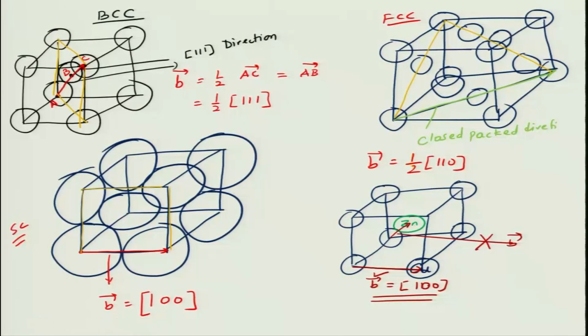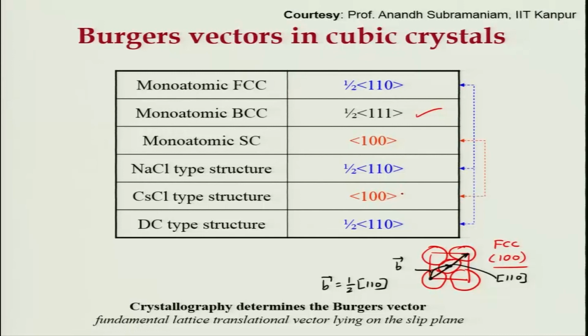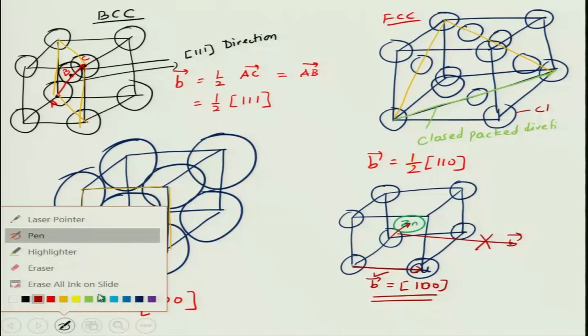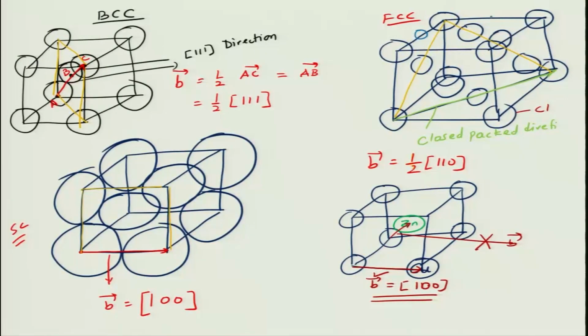So, to go from one copper to copper, or from one zinc to zinc, you have to move in the 1 0 0 direction. That is why in the previous slide we said that for cesium chloride kind of structures it is 1 0 0. Sodium chloride is an FCC structure. If this is the chlorine atom, the sodiums will be sitting here, and again to go from one chlorine to another chlorine you just need to follow the same direction.